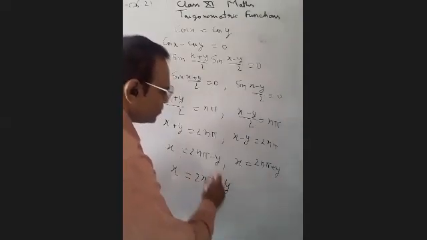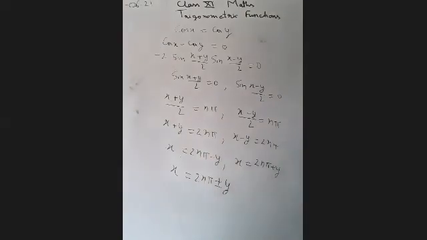That means we have two solutions. Either we can take plus or minus. Both the formulas we have combined in one. This is the formula of cos x is equal to cos y, which I have proved just now. Similarly, we can prove the formula of tan x is equal to tan y.